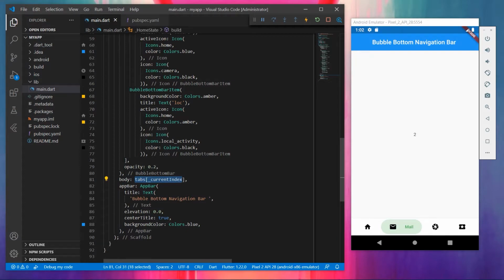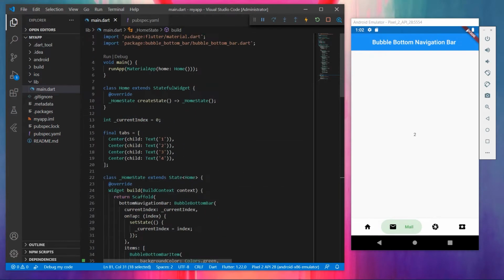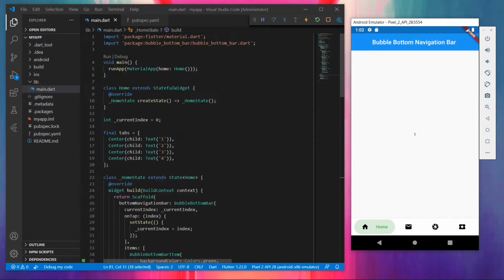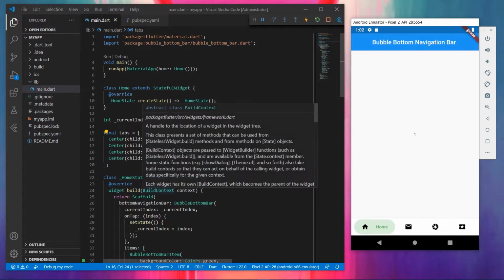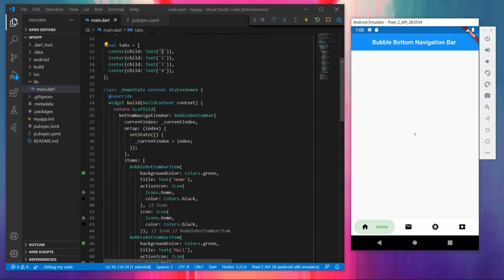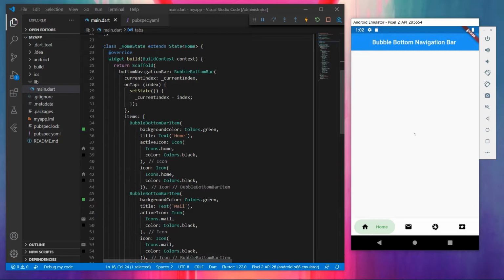If the current index is 0, then it should point to tab 0. So let me just save this, and when I click on the first one, you could see it points to the first one here, and when I click on the second one, it shows the second one, and the same goes with this. And if you want to add any button, you can add it.